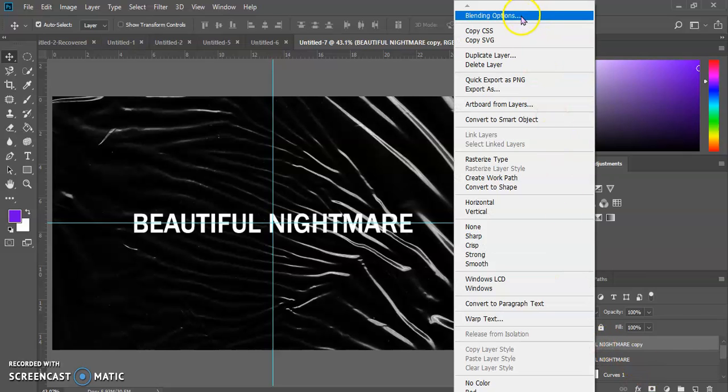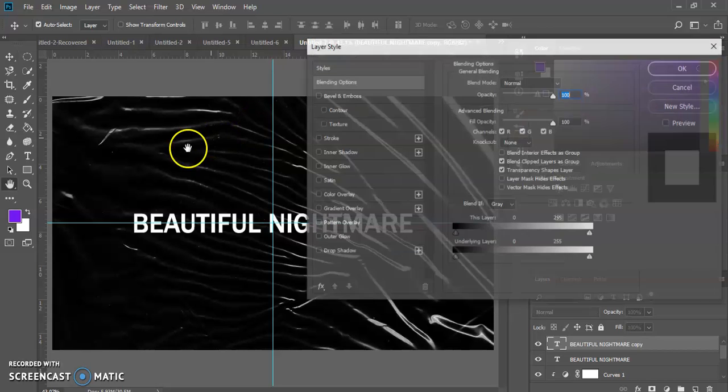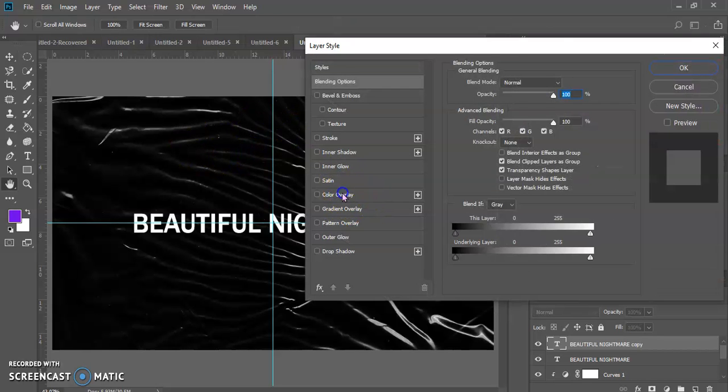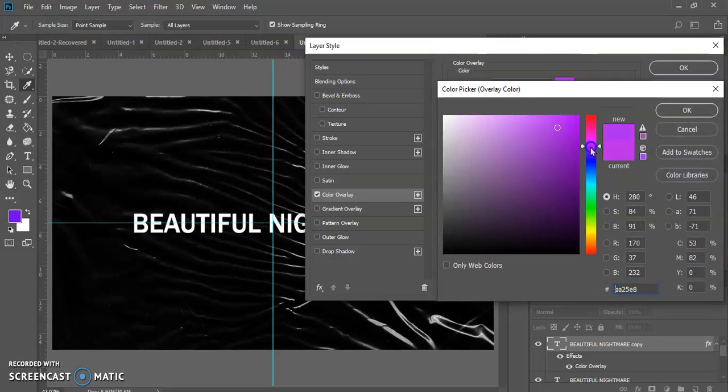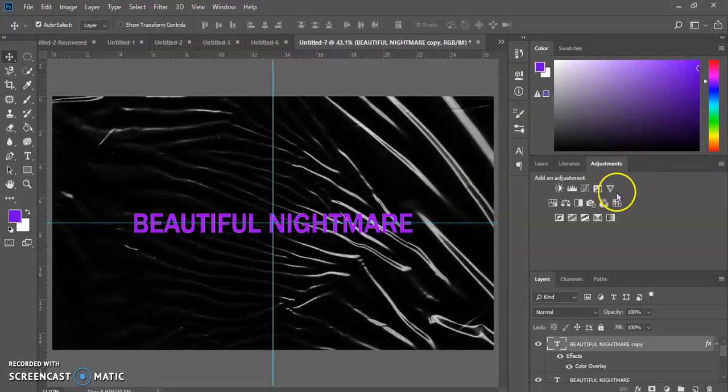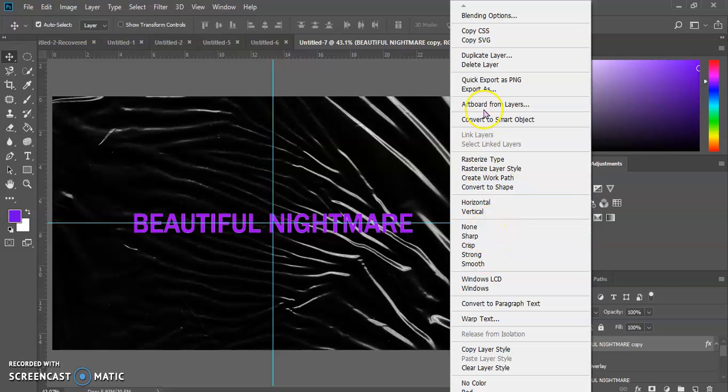You're gonna right click it, go up to blending options, and go down to color overlay, and I'm gonna make it a really nice purple. I'm gonna kind of make it blue, like a little closer to blue, yeah. And then press OK and OK. And then from there you are going to rasterize this,